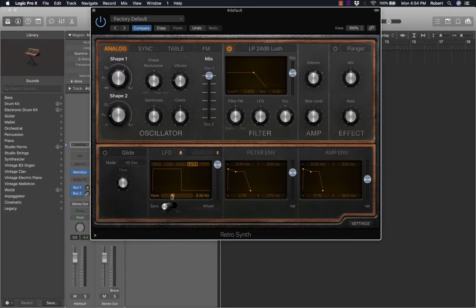So the low frequency oscillator rate, if I reduce this, I'm now changing the range, if you like, how the modulation wheel impacts the LFO. So if I really increase this substantially,